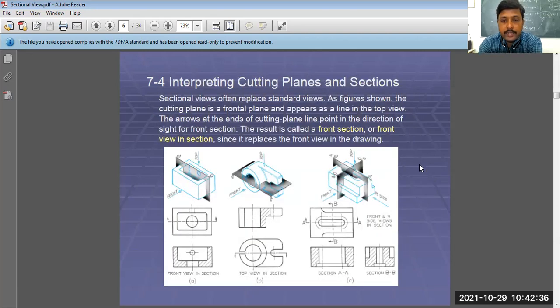Now, how to interpret cutting planes and section? Interpretation is very important. Whenever you learn engineering graphics, machine drawing, these drawing subjects, the interpretation of the component before some operation and after some operation is of utmost importance, because everything is on your imagination.